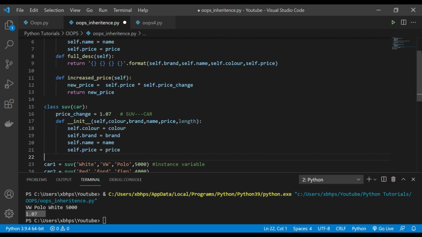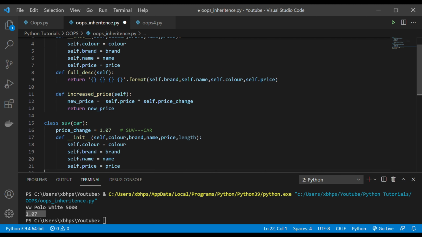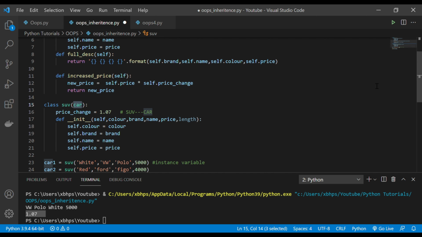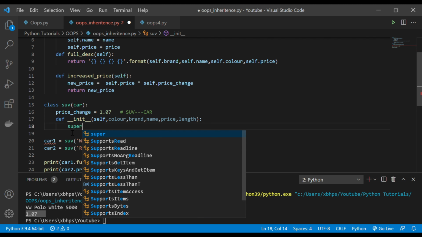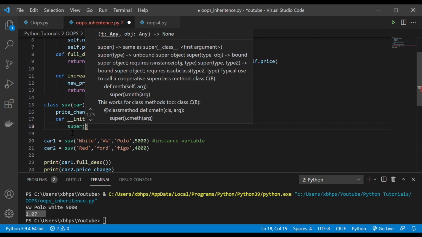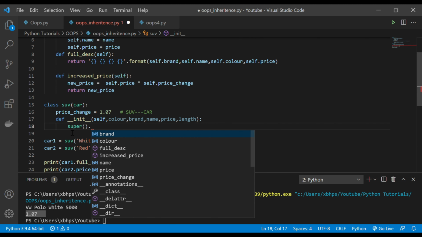So in this case, where my class is already inheriting properties from the other class, what I can do is make something like this. Let me remove these lines here, and I can use super.